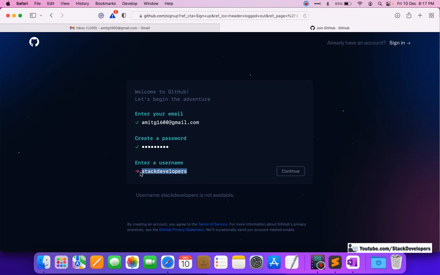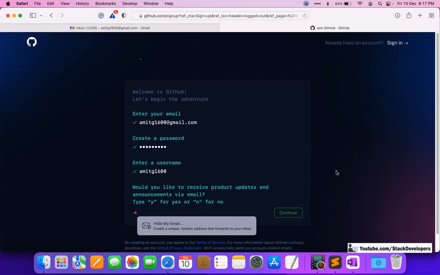Here it is asking, see, stack developers is my already having the GitHub account with the stack developers. So I will not use this one. I can't use this one. I will create the same one, Amit G1600, for the testing purpose. So I will click on continue.